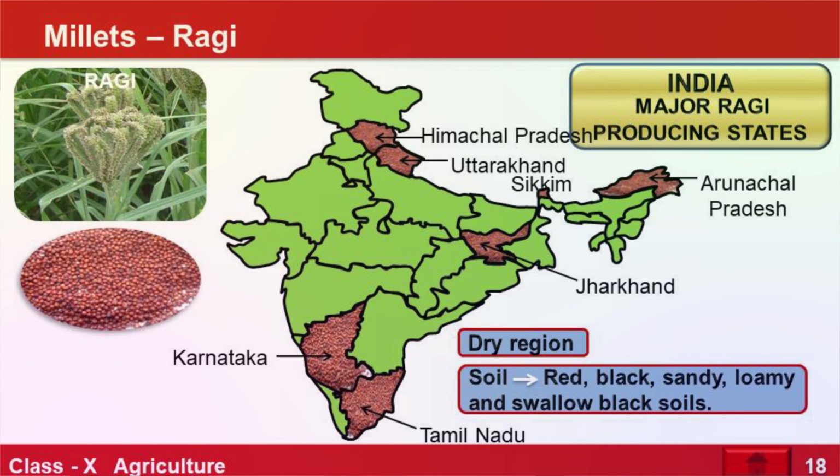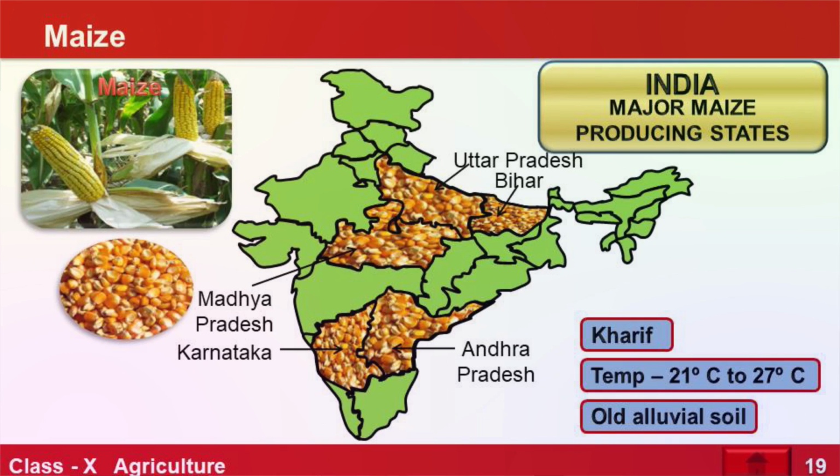Next we have maize. We eat maize in a variety of things like sweet corn, popcorn, so many things, and makki ki roti, sarson ka saag. So everything is made of maize. It requires 21 to 27 degrees temperature, and here modern inputs like HYVs are used to increase its production, because it has good demand. And Uttar Pradesh, Bihar, Andhra Pradesh are the important states to grow this, correct.